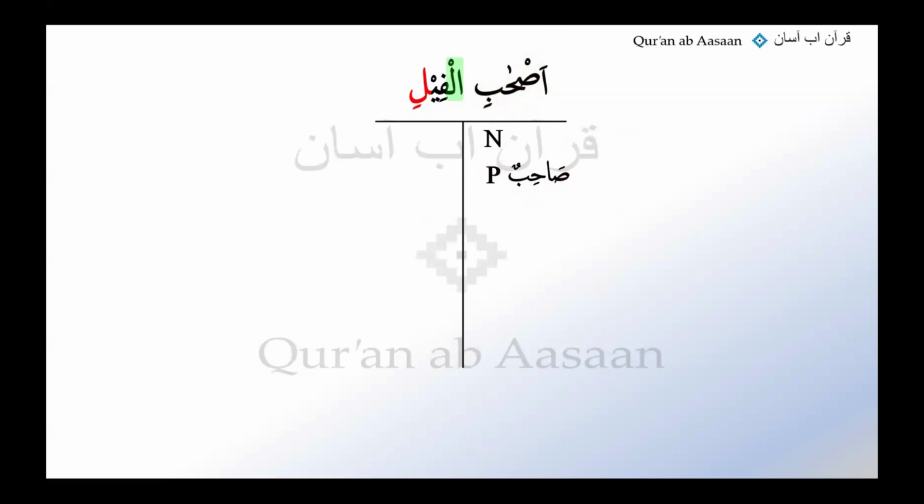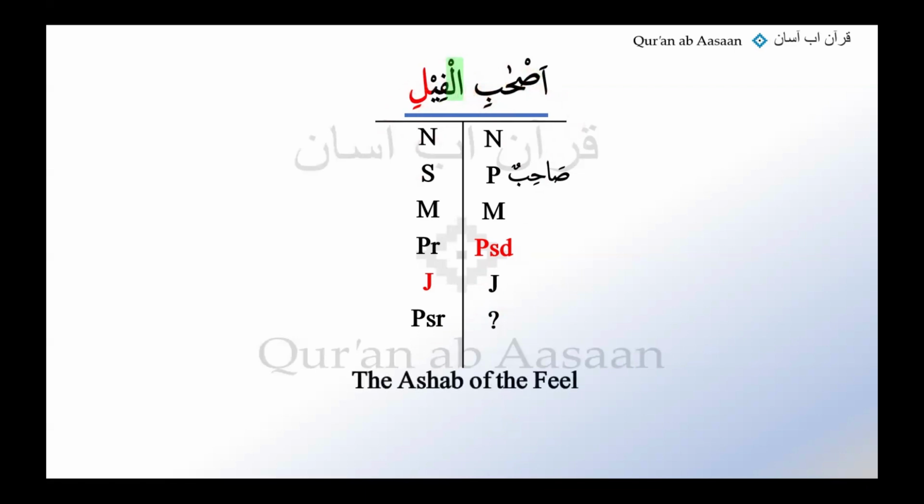All right, and then it's a male and no tanween, possessed, jar, question mark, and moving on to al-fili, noun, good, singular, male, proper, jar. We look back, we see a possessed noun sitting there, so we know that this is a possessor. And now I can underline it blue, excellent, and I can translate it as the ashab of the elephant. Okay, the ashab of the elephant.